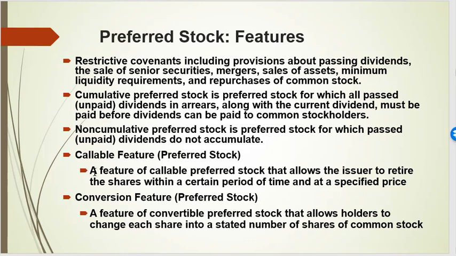Preferred stock, from time to time, will have a callable feature that allows the corporation to retire it. The period of time is not as important as the price at which they can call it back. And then, just like bonds, we also have a conversion feature, so preferred stock can be converted into common stock. And again, there's a set of rules that determines what that transaction ultimately would look like. So this is the end of the first video that quite frankly talks primarily about the characteristics of stocks.